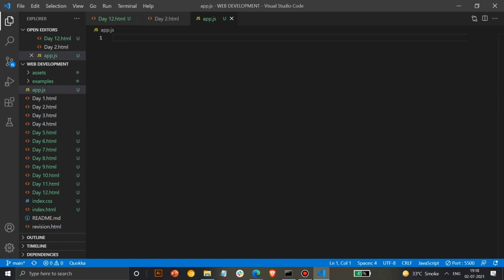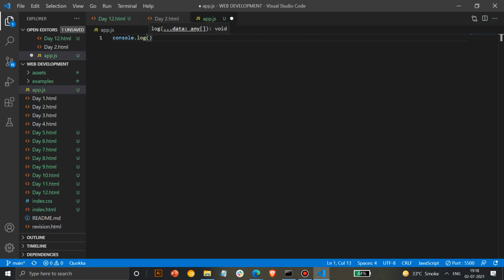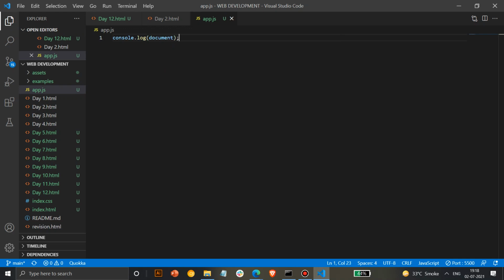Moving on. What we can do with Vanilla JS is get control over all the aspects of the Document Object Model, which is the document. So suppose if we click document, what will be the output of it? Anyone? I've told you what DOM is now. So if we do console.log document, what will be the output?